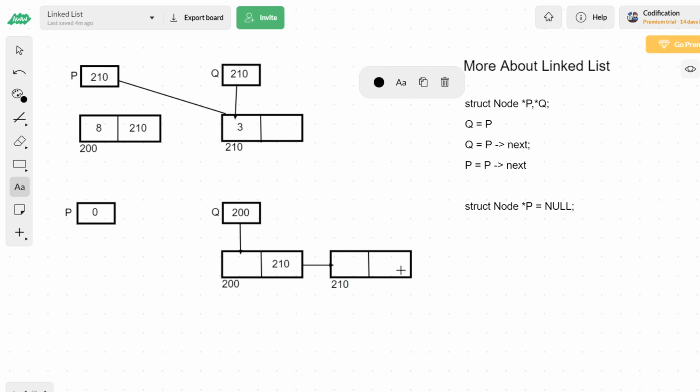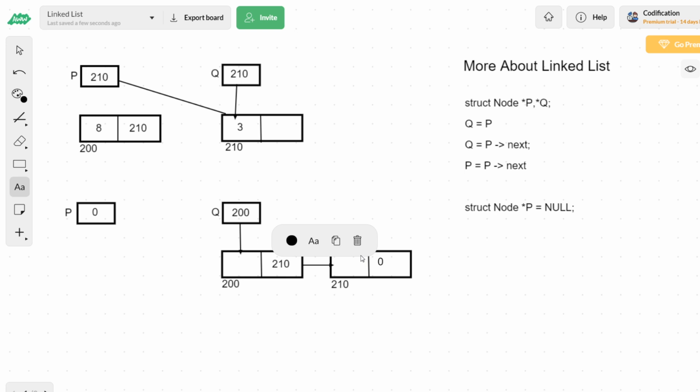But coming to the last node, there is no next node. So what I have to do here is store either 0 or null. Very simple. You can store null or just 0, which will determine that this is the last node.